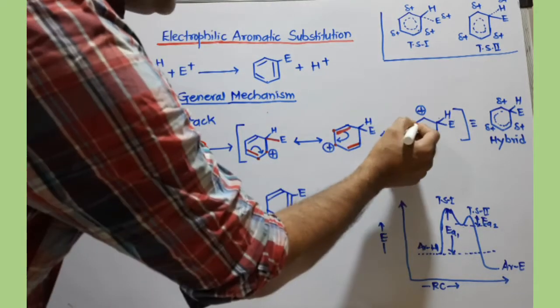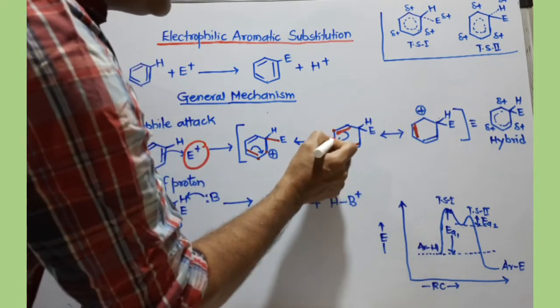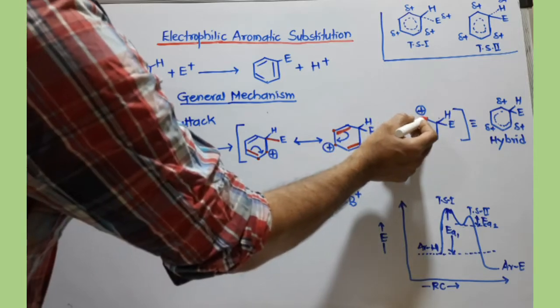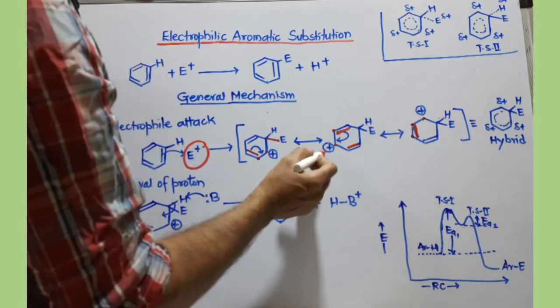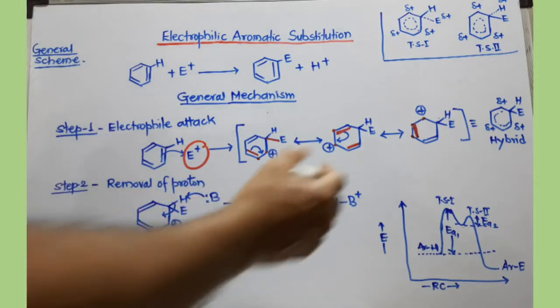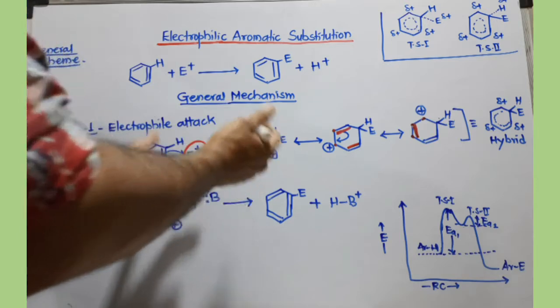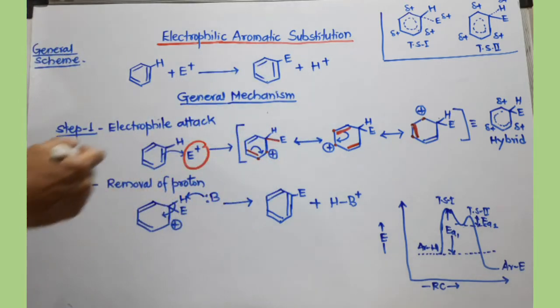So if I do that, this bond is now here. This bond is moving here in between these 2 carbons. And the similar structure is developed here at this carbon. So in fact, this positive charge is migrated to this carbon. So the positive charge is responsible for the destabilization, which is not actually a good sign, because the aromatic ring